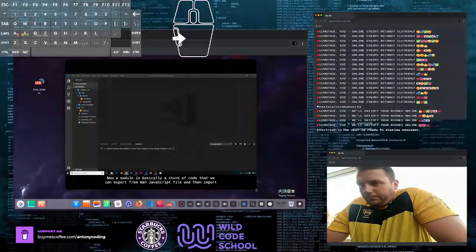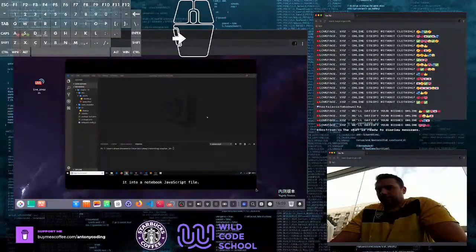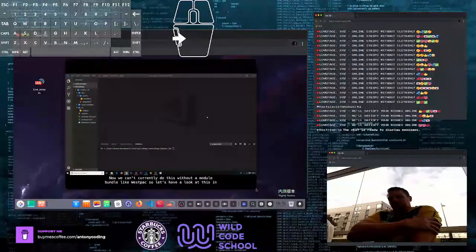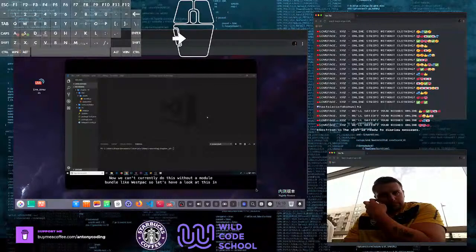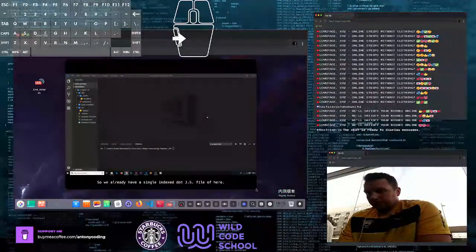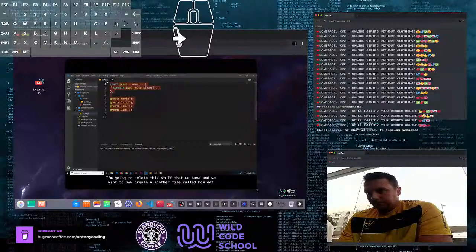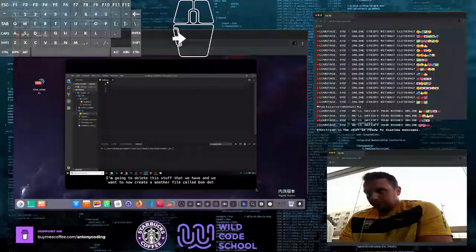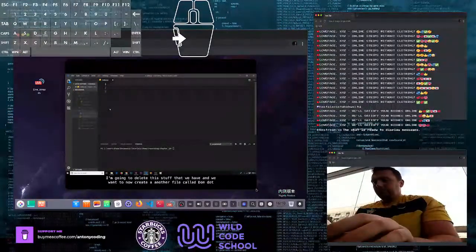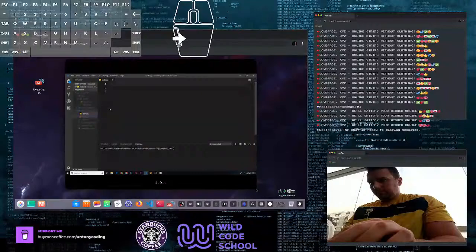Now, a module is basically a chunk of code that we can export from one JavaScript file and then import into another JavaScript file. Now, we can't currently do this without a module bundler like webpack, so let's have a look at this in action. So we already have a single index.js file over here. I'm going to delete this stuff that we have, and we want to now create another file called dom.js, and the idea is